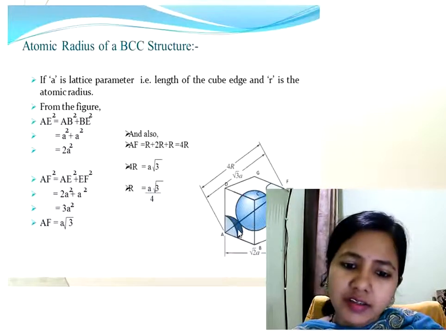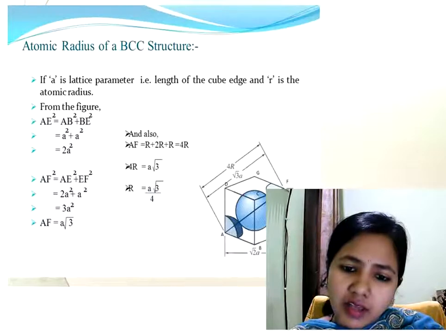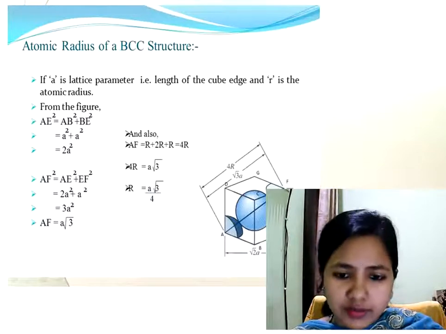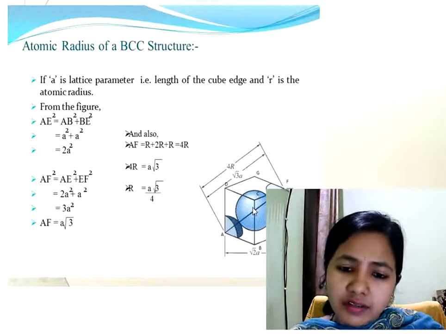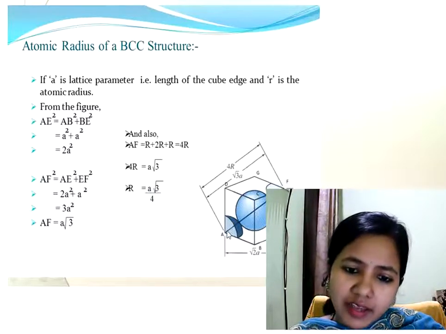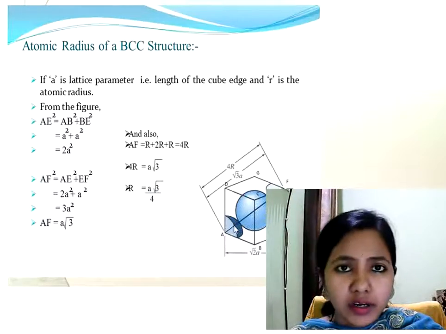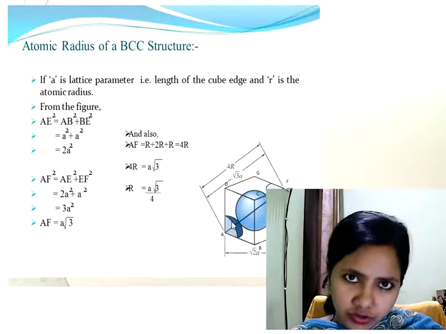Now you can see in this picture, this half represents the unit cell and this half is one part of the unit cell. And you can see in the center, the sphere is there and this represents the body center. This line we have drawn here is called a body diagonal. You can see that these 3 spheres are in contact with each other, right?